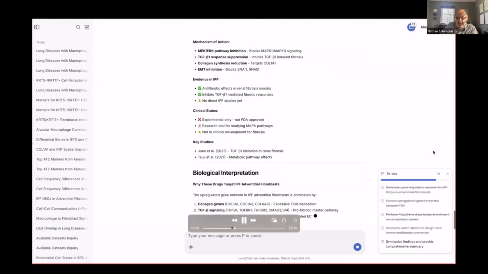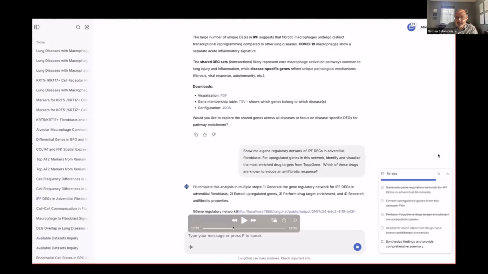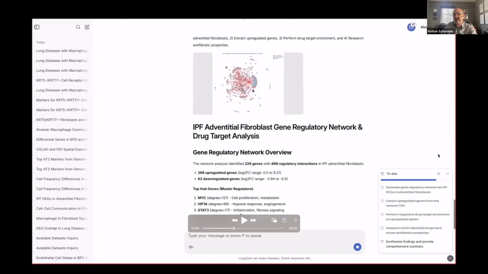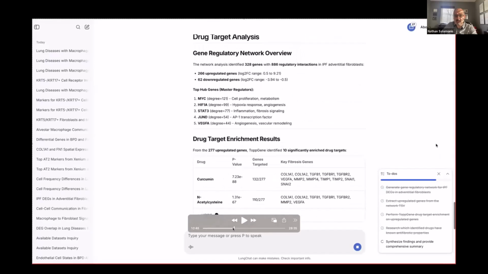So this is a really fast output here, and I'm just going to step through it, and I'm going to pause it at different steps here. So the first thing it gave you is this network-based image where red genes are upregulated, blue are downregulated. We'll see it more in a second here. But it's also telling you more about this network.